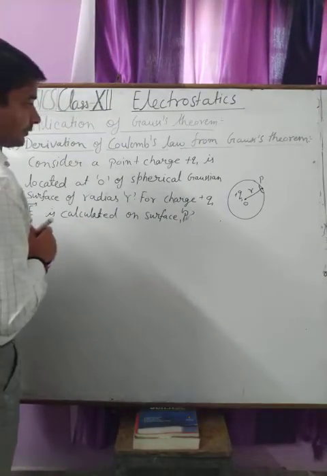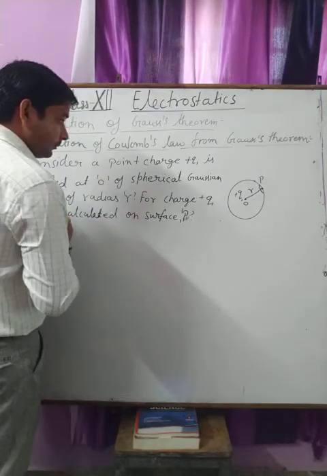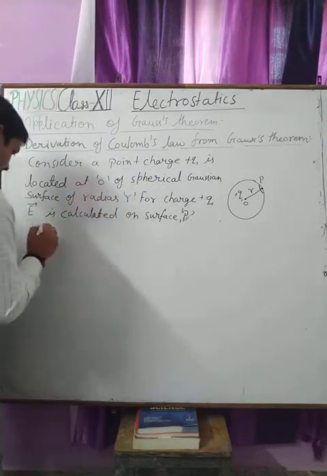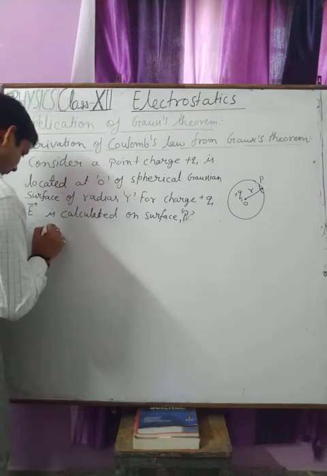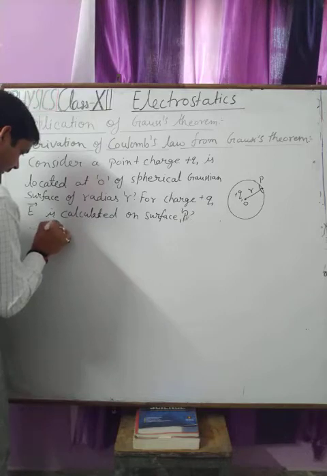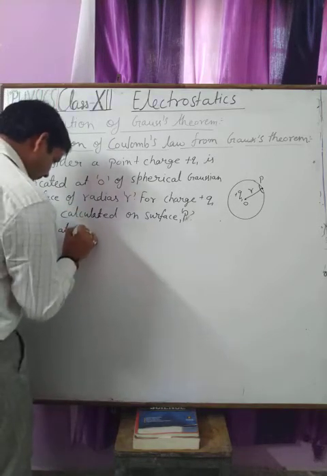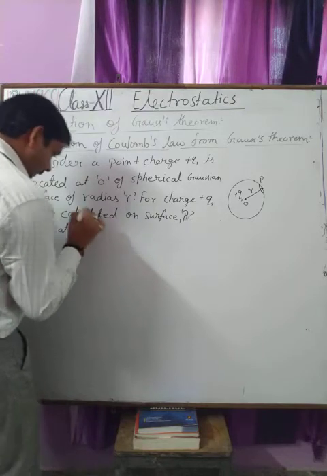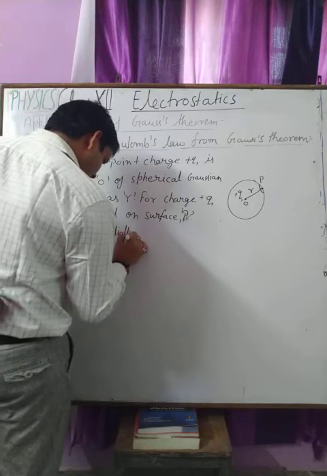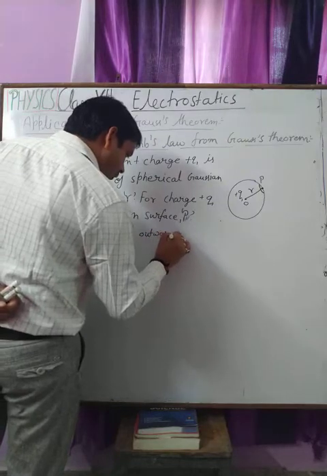Therefore the electric field at point P is radially outwards